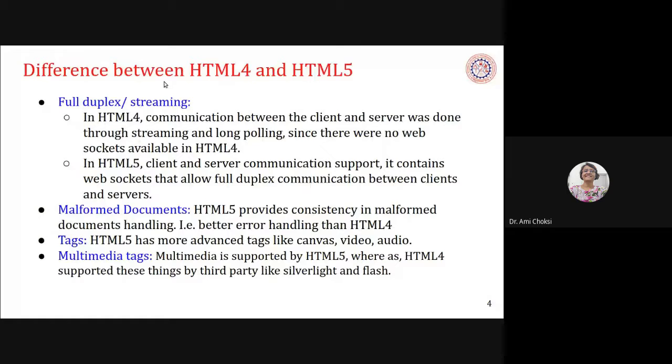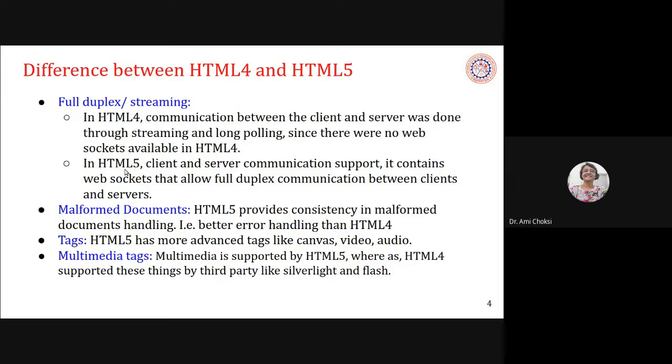Now, what is the difference between HTML4 and HTML5? Let's see. Full duplex or streaming. In HTML4, communication between the client and server was done through streaming and long polling, since there were no WebSockets available in HTML4.